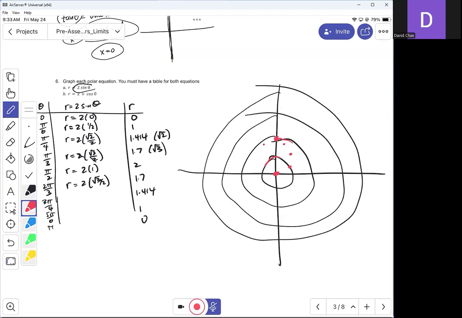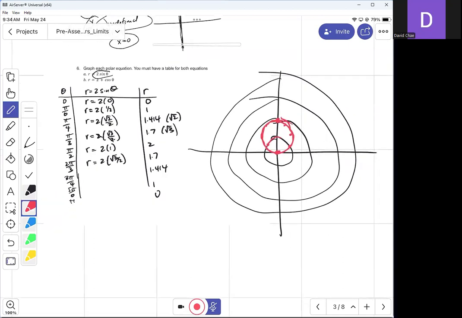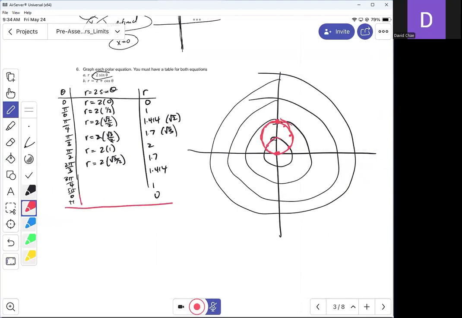Then it's cycling back, right? And you should have a circle coming this way. All right. And for this one, you could stop at pi, but be careful. Well, if you keep going, you should probably go all the way to 2 pi. But because it's a circle, if you know it's a circle, you could just stop at pi. For letter B, you need to go all the way from 0 to 2 pi